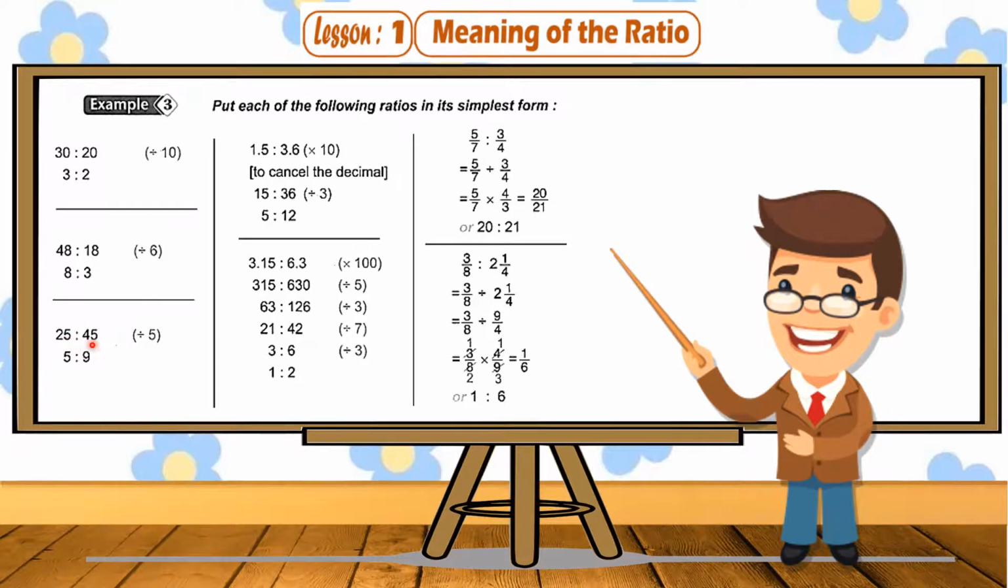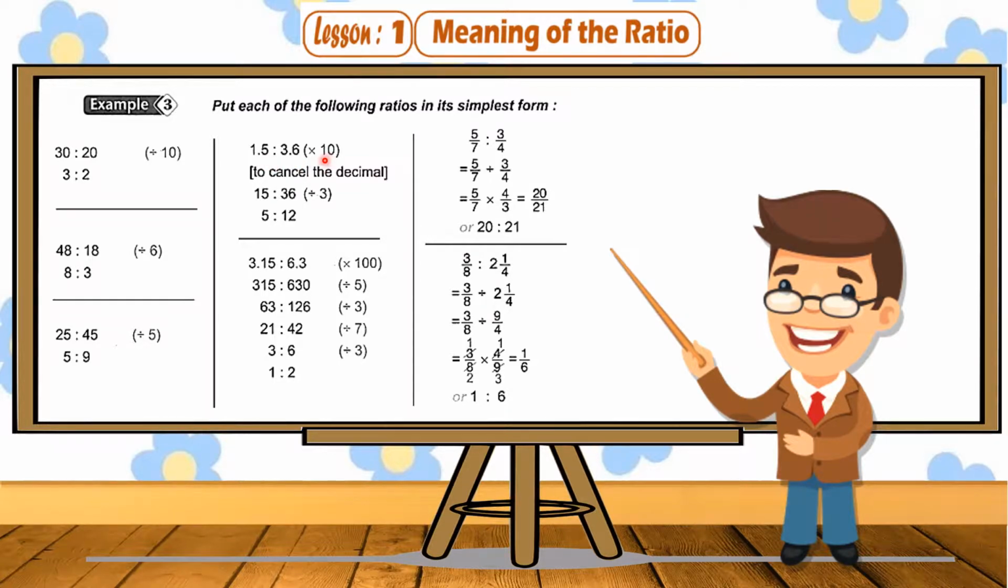25 to 45 طبعا ال two numbers in table 5 يبقى we will divide by 5 equals 25 divide 5 5 45 divide 5 9 أو using the calculator 25 divide 45 it will be 5 over 9 اللي هي 5 to 9. Examples for decimal numbers 1.5 to 3.6 طبعا أنا كل اللي هيبقى شاغلني إن أنا أطير البوينت